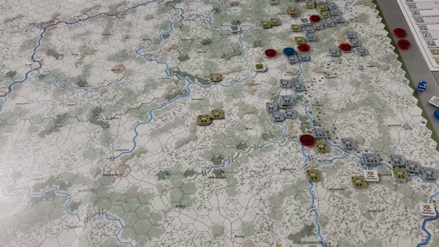Then we have the replacement phase. Each player may replace steps lost in combat. So as I look at that, the Allies get no replacements. The Germans get, if I look at the key on the player aid sheet, 1 infantry replacement. The reality is, because we don't get armor, and we would have rather have gotten armor,